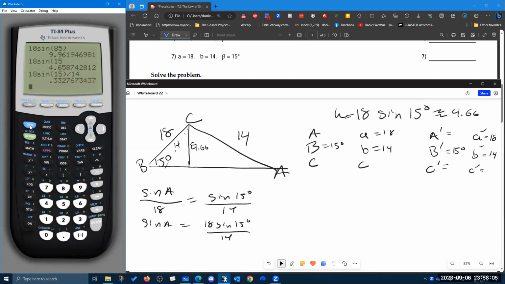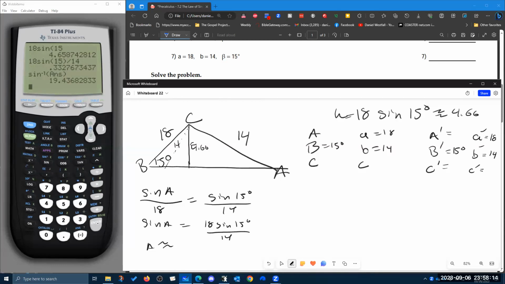And we're going to find the arcsine of that to say that A is about